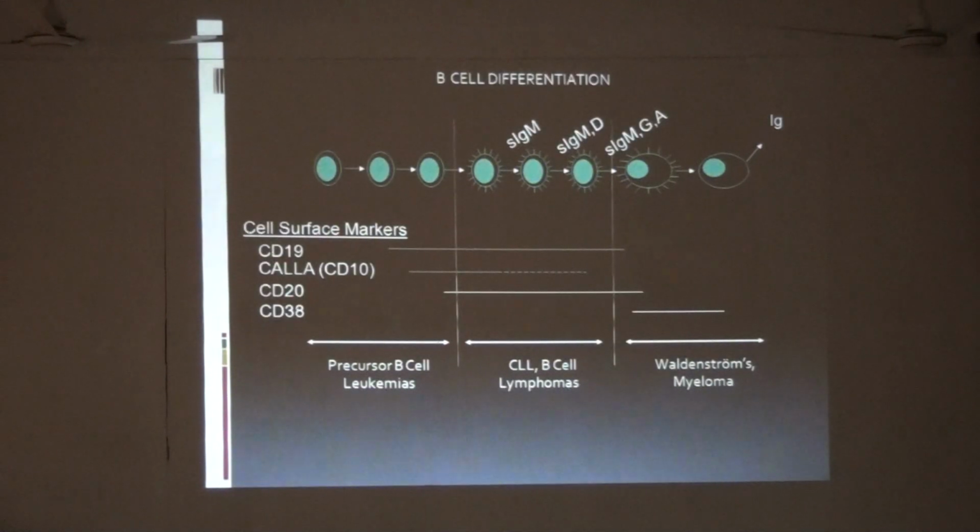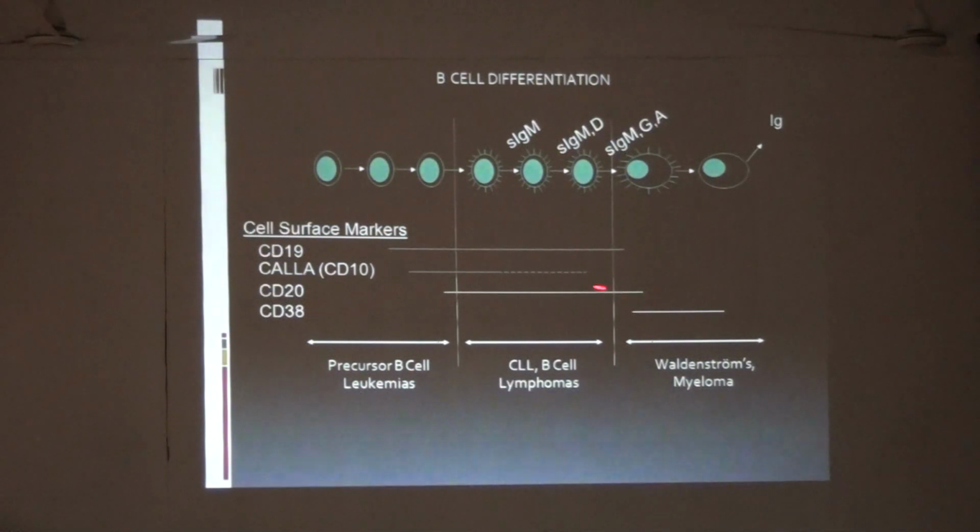These are B cell differentiation stages expressing different types of antigens. During maturation, they acquire different types of antigens. There is immunoglobulin expression, initially IgM, then D, then G and A type on the surface of the cells, and at the same time the expression of other antigens on the cell surface occurs gradually. Initially CD19, then CD10, which is present mainly in the immature cells.